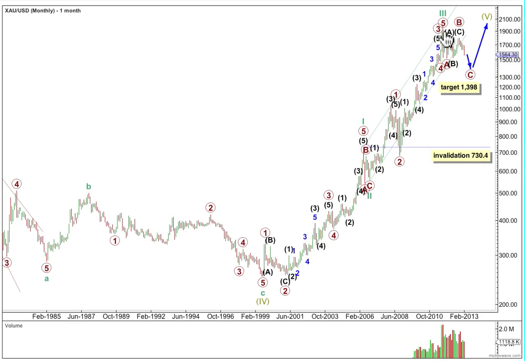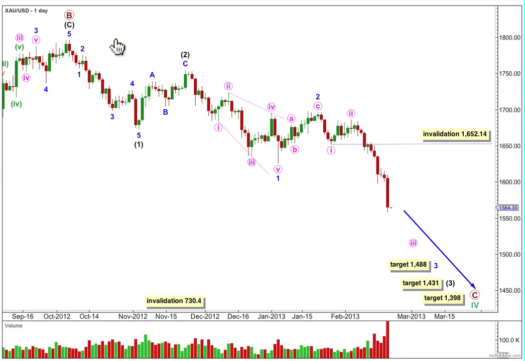Let's have a look at the structure on the daily chart, where the high of primary wave B within this fourth wave zigzag structure up here is this high up here. So if we're seeing a 5-wave structure downwards for a primary C wave, it's probably unfolding as an impulse rather than an ending diagonal, which is the only other structural option.